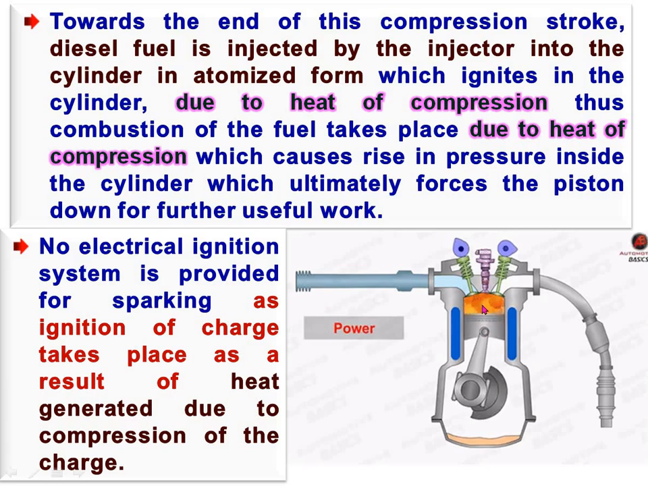This is the power stroke, in which fuel is ignited through the heat of compression, and hot gases are produced, which force the piston downward. No electric ignition system is provided for sparking, as ignition of the charge takes place as a result of heat generated due to the compression of the charge. Means, during the compression of the